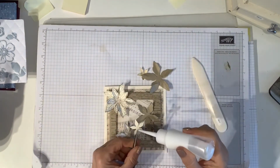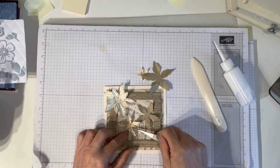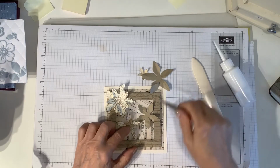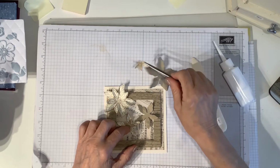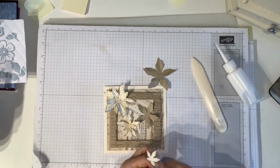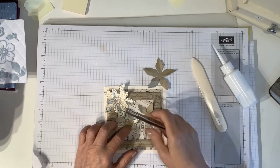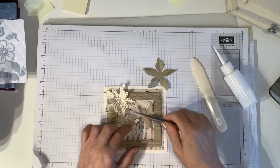And then I'm going to do the same with these smaller ones. I'll just pop that on the back of that one just because it's that much smaller and I don't want the glue to squirt out. So if we put it on the back, we know we haven't got too much. Okay, now